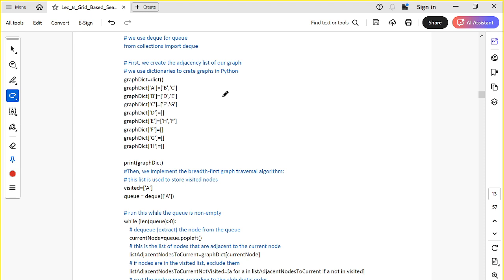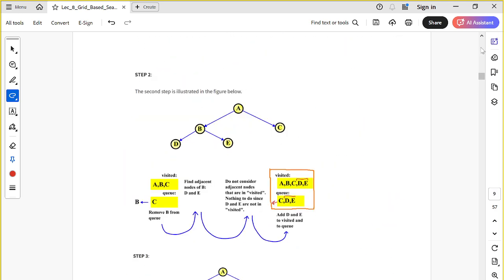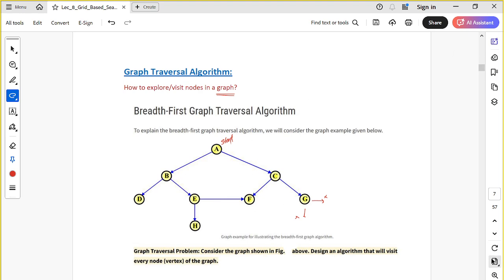So I think this graph is A, starting from A, then we have B and C, then from B we have D and E, and then from C we have F and G, and that's all. I think this is the same example we did over here. This is the same example,